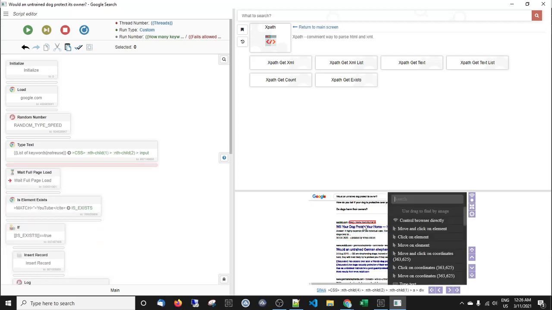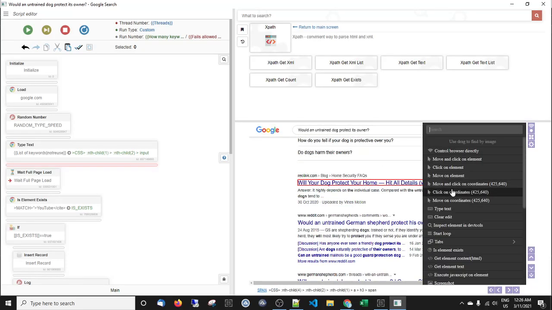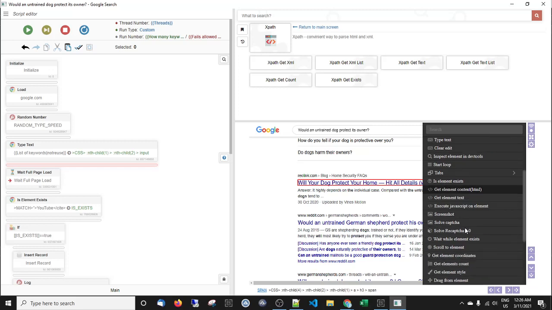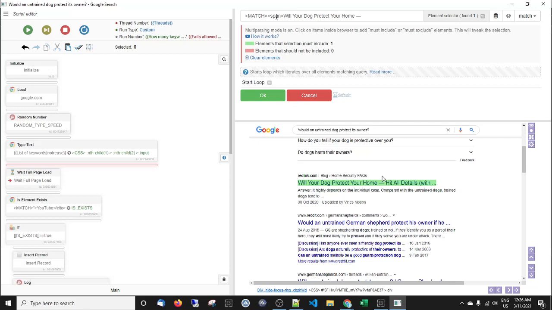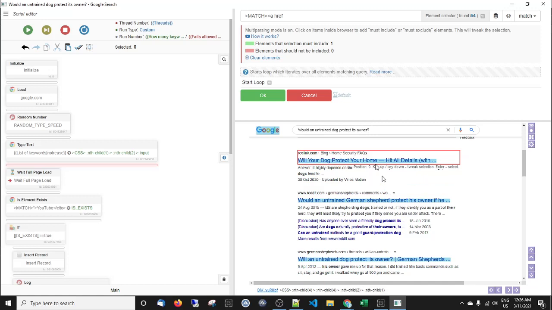Anyway. Oops. Make this a bit bigger. Start loop. No, I don't want that. A tag. Oops. Open a tag. No idea what that is. href. Okay. So this is one way to